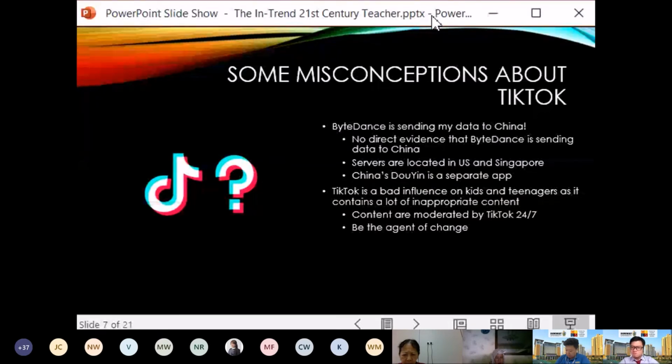You can download Douyin if you want to, but Douyin's features are completely different compared to the features that we're going to be talking about today. But the basic functions are still the same. So you can switch according to your audience. If most of your students are on Douyin, you can actually create content on Douyin instead. But bear in mind that it's a China app, so all the privacy issues will definitely come into play. TikTok, as far as I'm concerned, is actually safe to be used at this point.